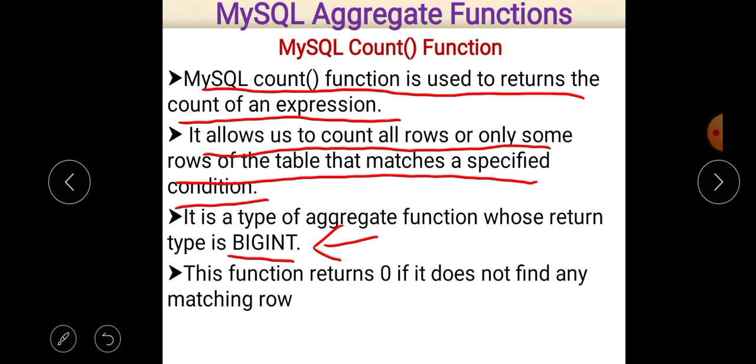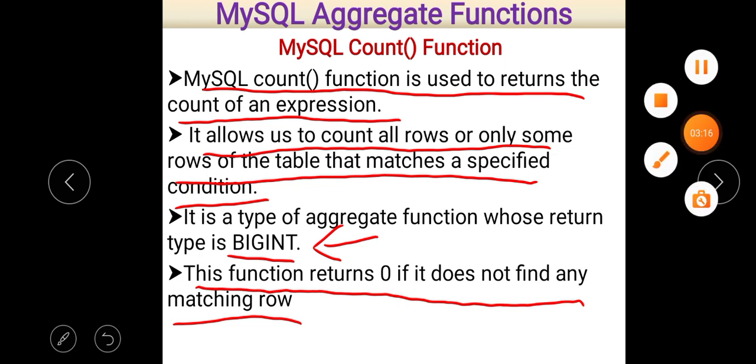So if no matching row is found, it doesn't show an error, but it returns 0. These are some points related to the count function.